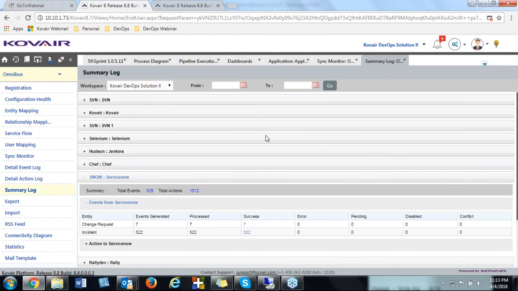On the other hand, Kovair has an agile solution which you can definitely use to track your releases and your sprints. You can define your user stories and estimate them. Kovair also has an inbuilt task and timesheet management system as well. So in agile, as you are planning your sprints, you can use the tasks and the time taken to work on these tasks.